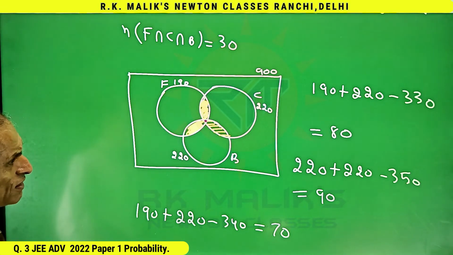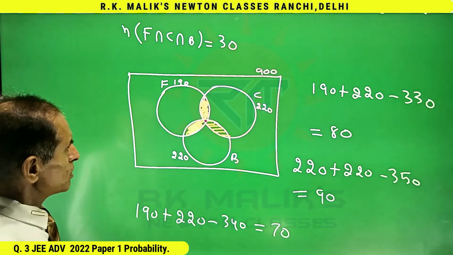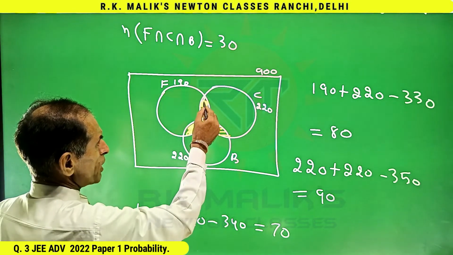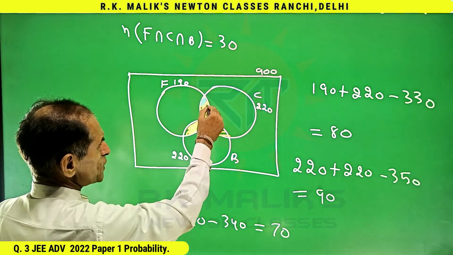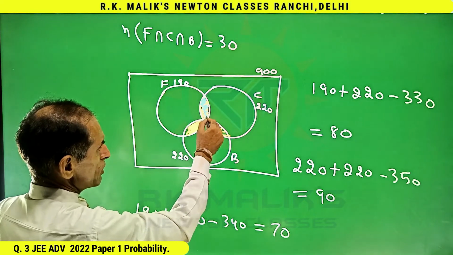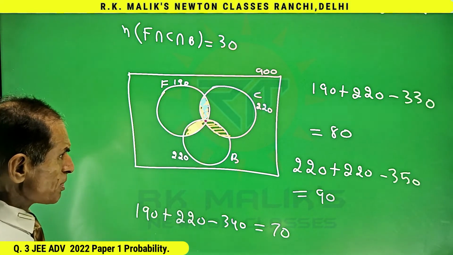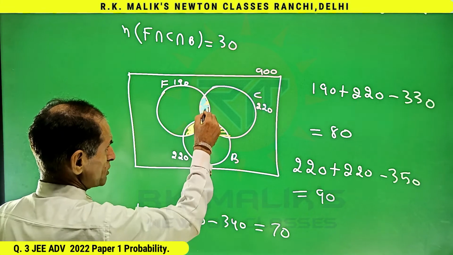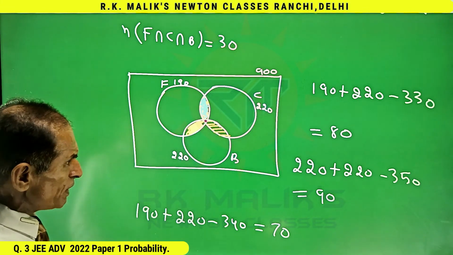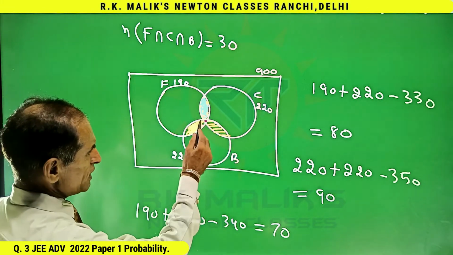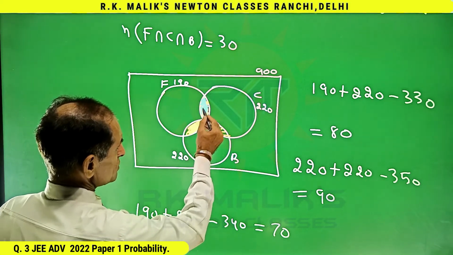Therefore the number of persons in this part only, not containing all the three, will be 80 minus 30, that is 50,